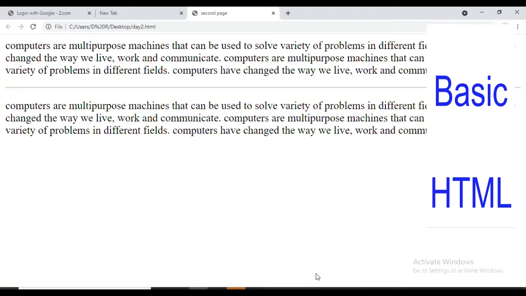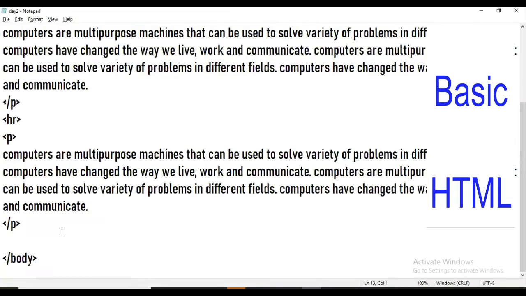So font tag we are going to discuss afterwards. But before that, there is one tag, that is PRE, pre-formatted, and this is /PRE.